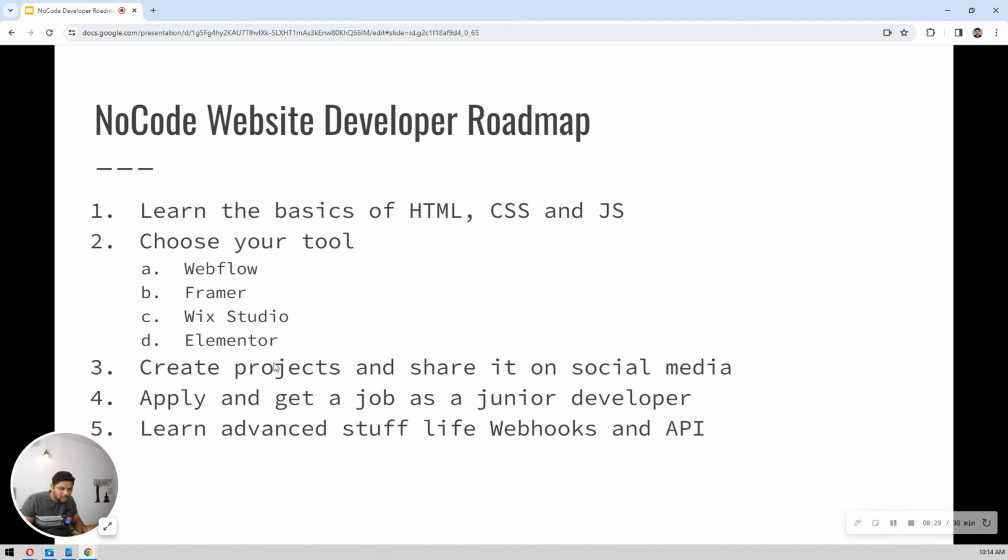He would say, hi, can we please submit our forms data to MailChimp or Salesforce, so that they can track the leads and everything. That's when you will need these webhooks and API things, right? So I would highly suggest you learn that. If you learn all these things that I have mentioned right now, these 5 steps, the fourth one is up to you, right? But if you learn 4 steps, then you'll become a pro Webflow developer within the next 3 or 6 months. That's my guarantee to you guys.